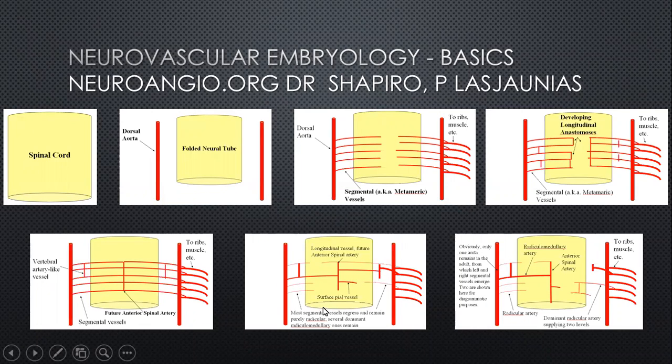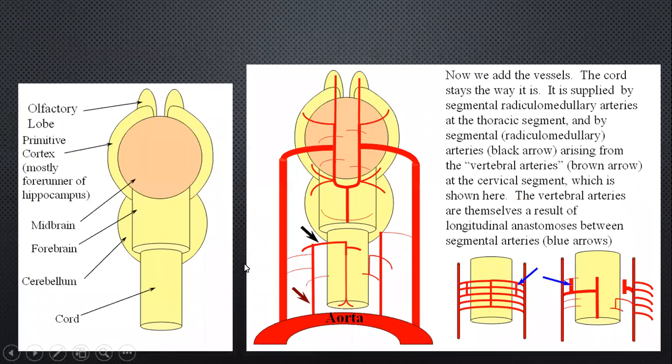So this is the basic structure, if you like, of how the various metameres develop and give rise to the development of the blood vessels perfusing the neuronal structure. And we call these the radicular arteries, which supply the cord. So as I said, the brain itself is nothing but a continuation of the spinal cord. So we have looked at this before, the cord, and then we get into the various processes of the brain.